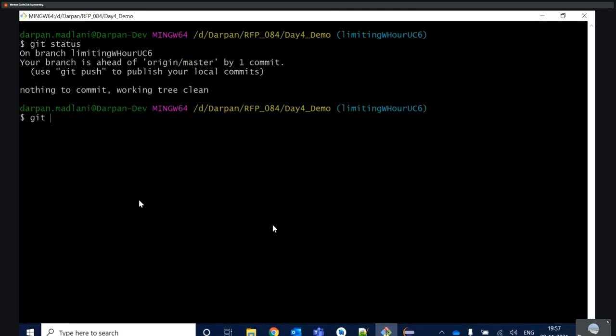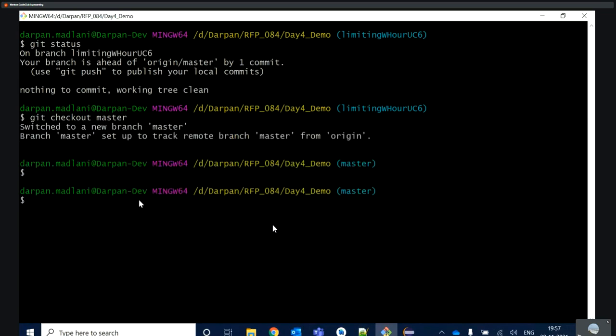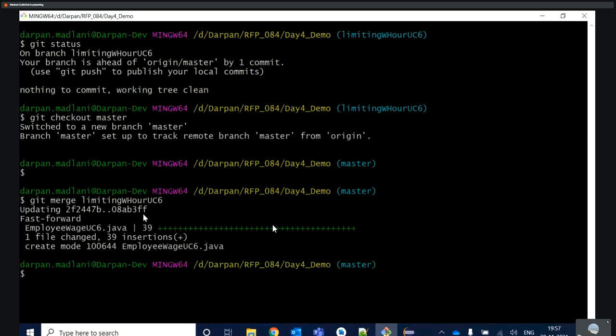For that, you have to check out to the master branch with git checkout master. Now your local branch switches to the master branch, and after that I want to merge the use case 6 branch with master. So git merge limiting working hour UC6 with master.